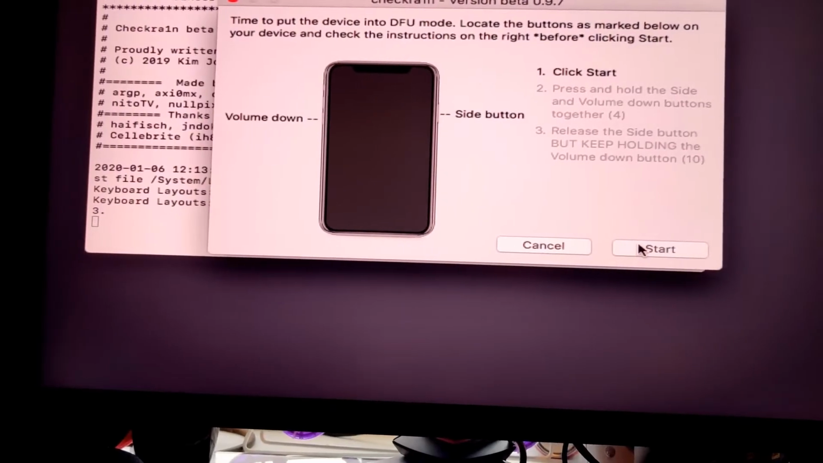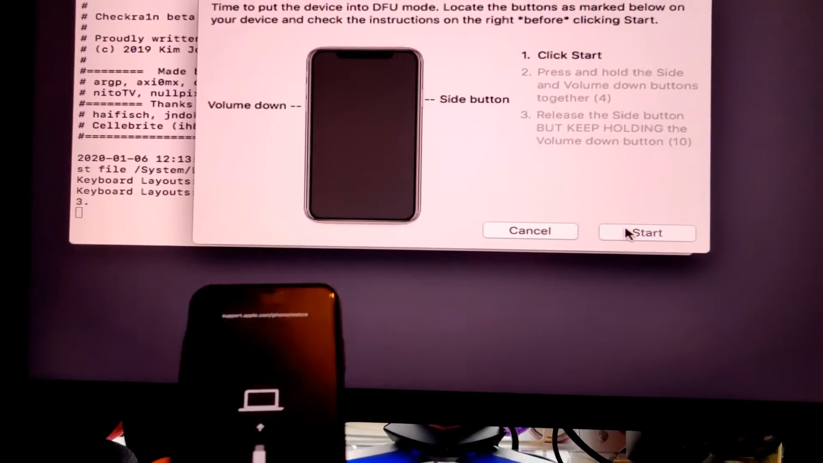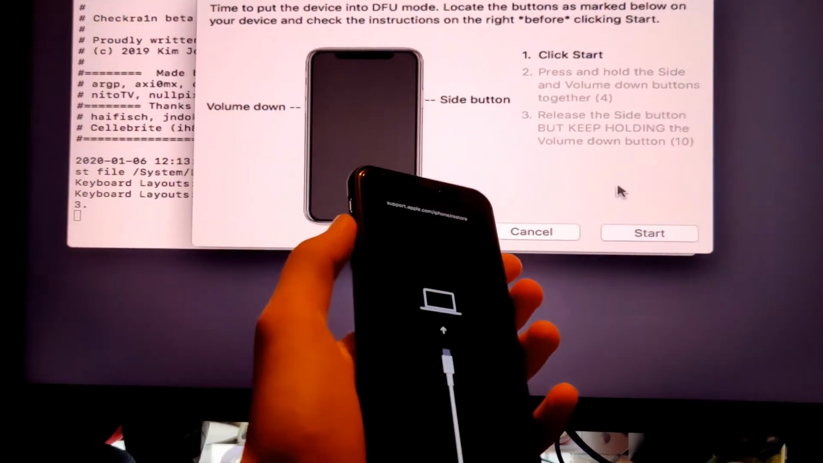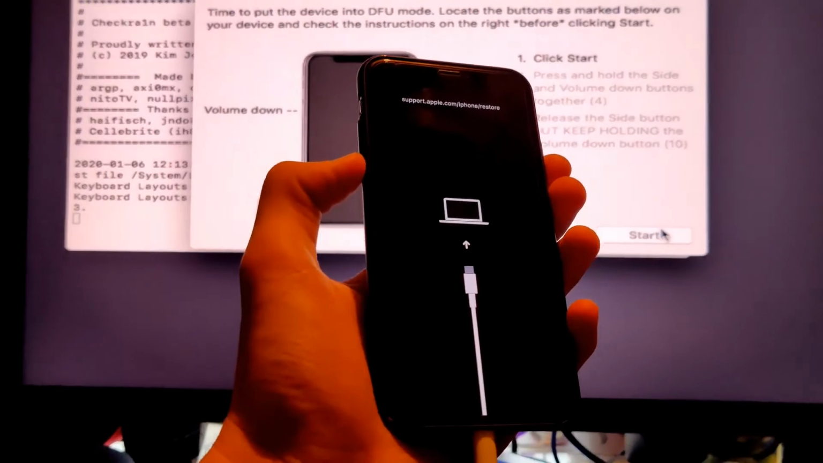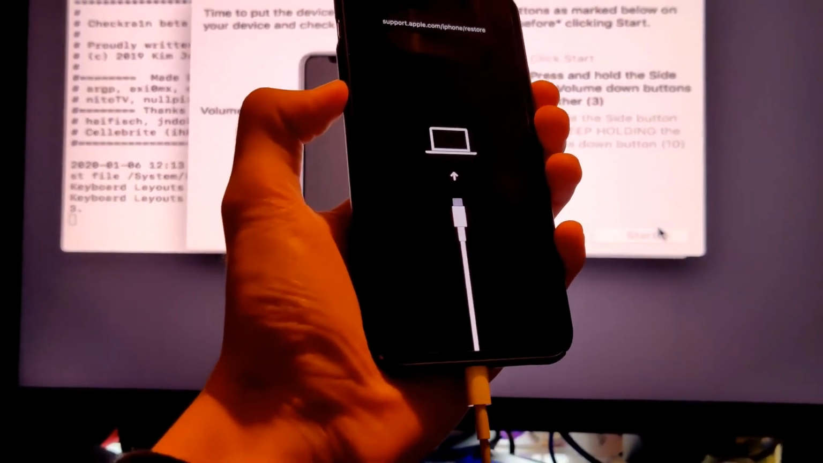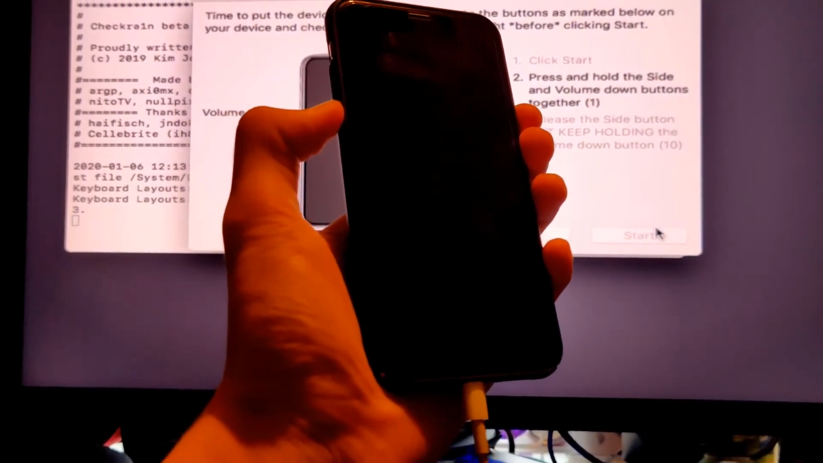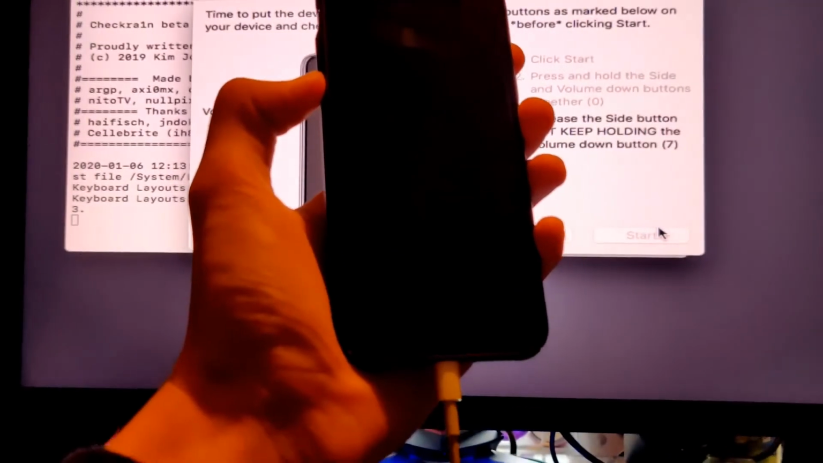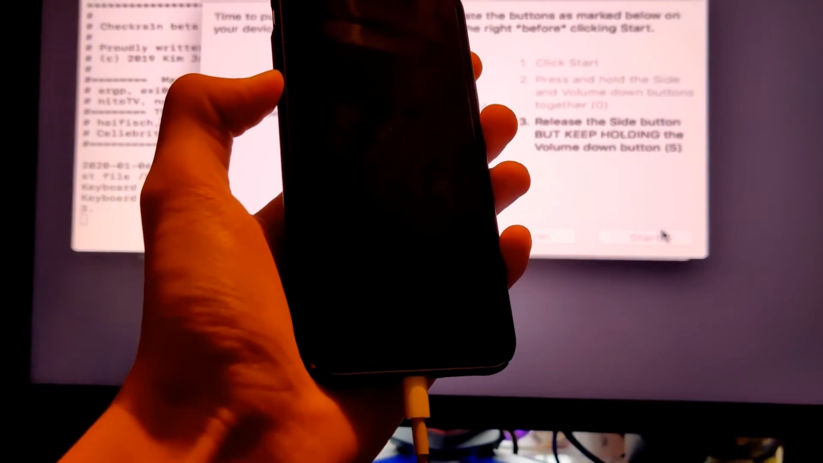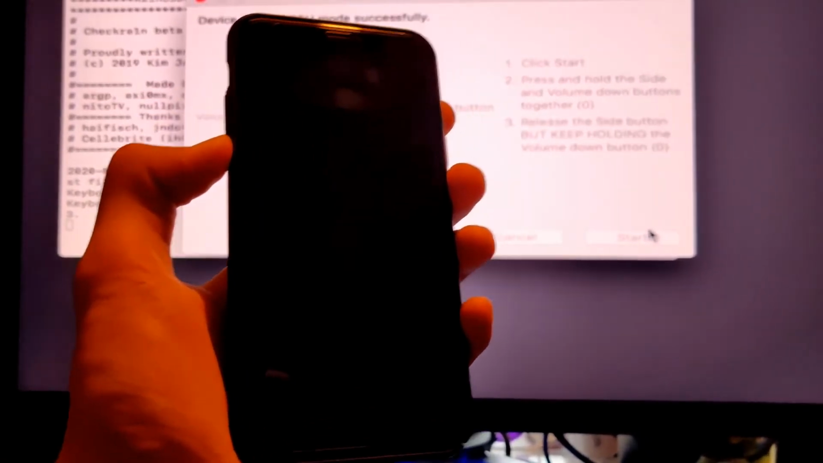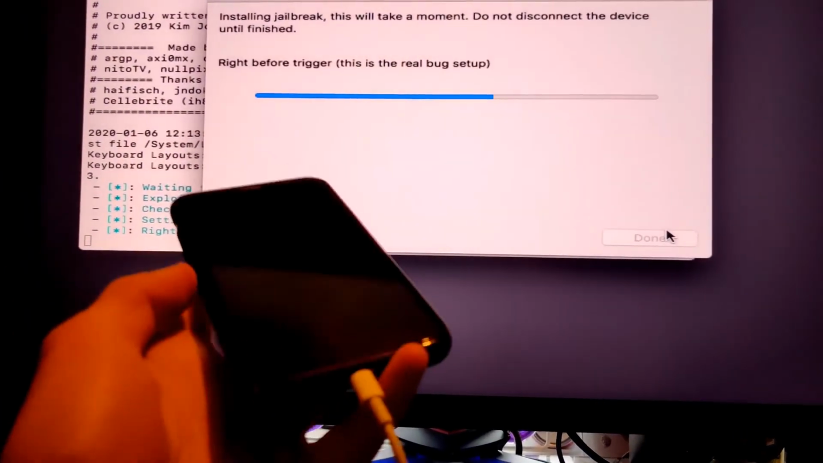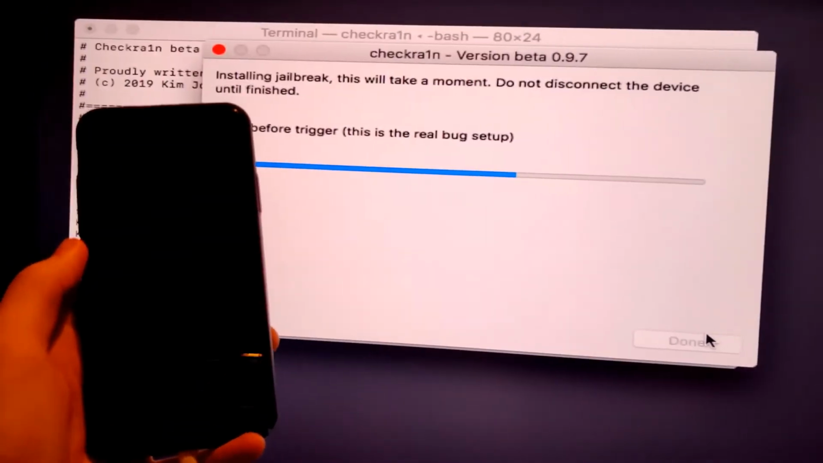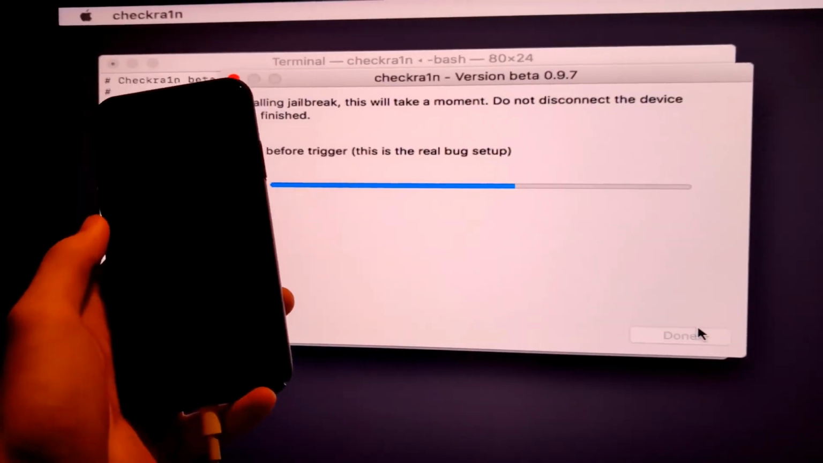I've docked the tripod on my legs. It's not very stable, but we click on start. And it says side and volume down for 4 seconds. We click on start. And we're going to hold down the side and volume down for 4 seconds, like so. Then we're going to release our side button, but we're going to keep on holding down the volume down button. Any second now it should be recognised that we are in DFU mode. There you go, DFU mode entered successfully,